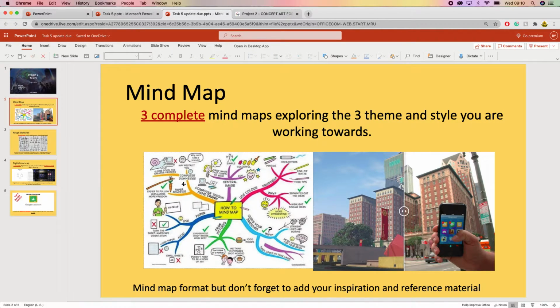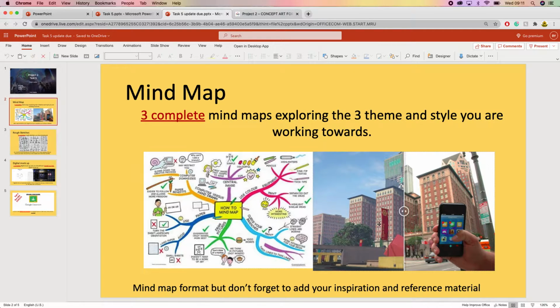exploring. So if one will be sci-fi, another branch will be political, and the other one will probably be steampunk, just so you can branch off. Then from those 3 different stems, you can start exploring the themes, what style you'd like your concept art to have. Include some of your reference materials and your inspiration within your mind map. It just helps it be a little bit more legible, and it's easier for people to interpret what you're saying within the mind map. So make sure you do have a mind map, so you can either have